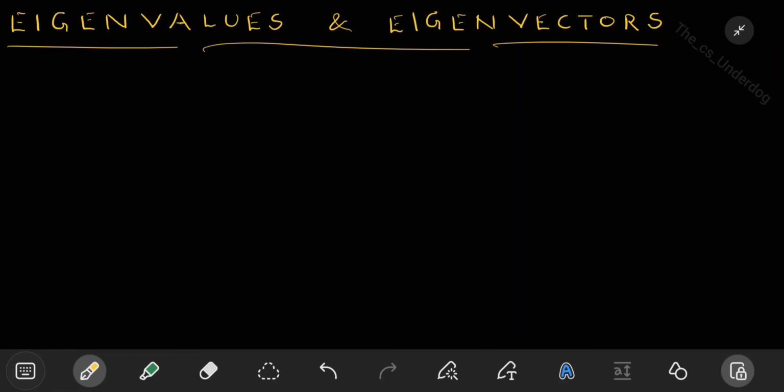Eigenvalues and Eigenvectors. This lecture is a very important lecture because these two concepts, eigenvalues and eigenvectors, you will see everywhere in linear algebra and also in machine learning, because in machine learning you use a lot of linear algebra concepts. So every here and there, once we go a bit deeper into machine learning or any of the linear algebra concepts, you'll see that eigenvalues and eigenvectors